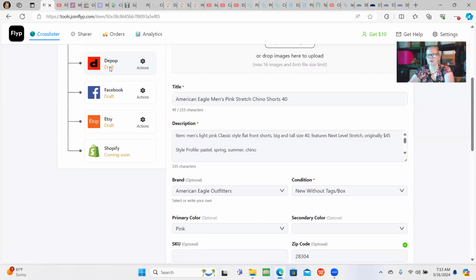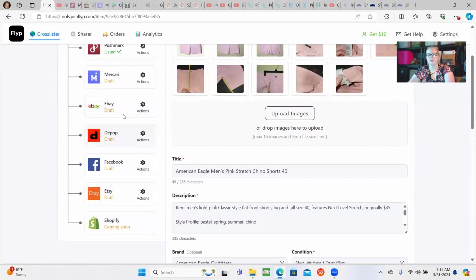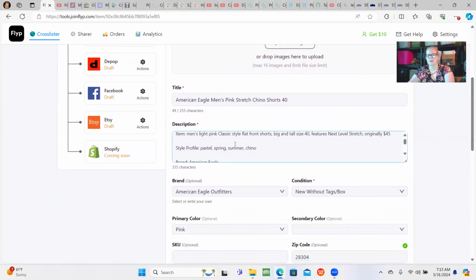So let's say that I was going on Depop and I was going to put this on here. Depop, I think, doesn't even have titles or something like that. Mercari has a shorter amount of characters you can use. So that's the nice thing, by going through these tabs, you can update it depending on how that platform is. So the title, the description,